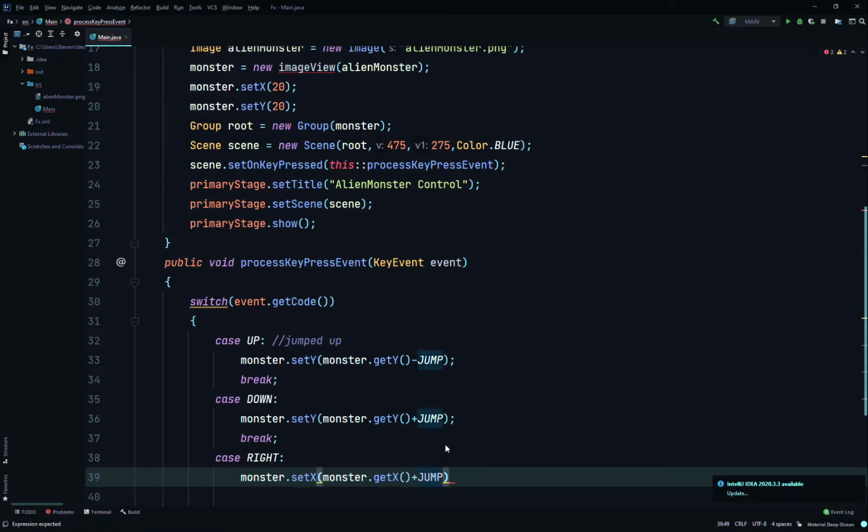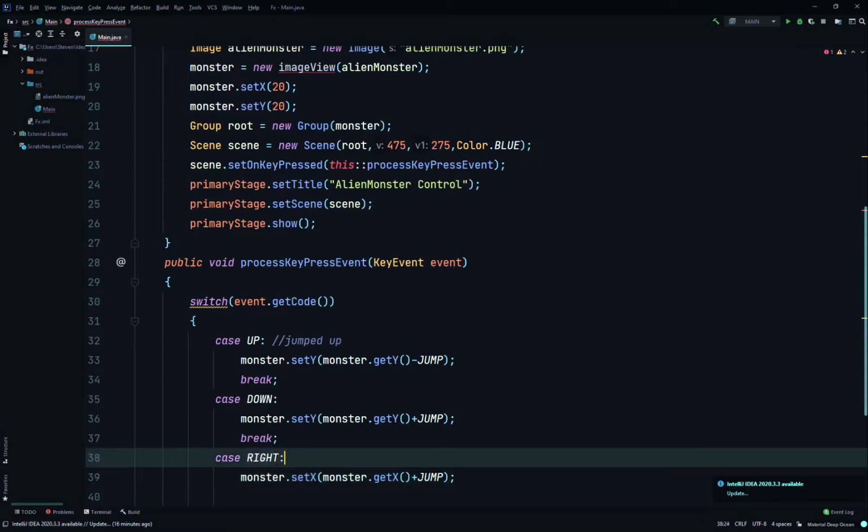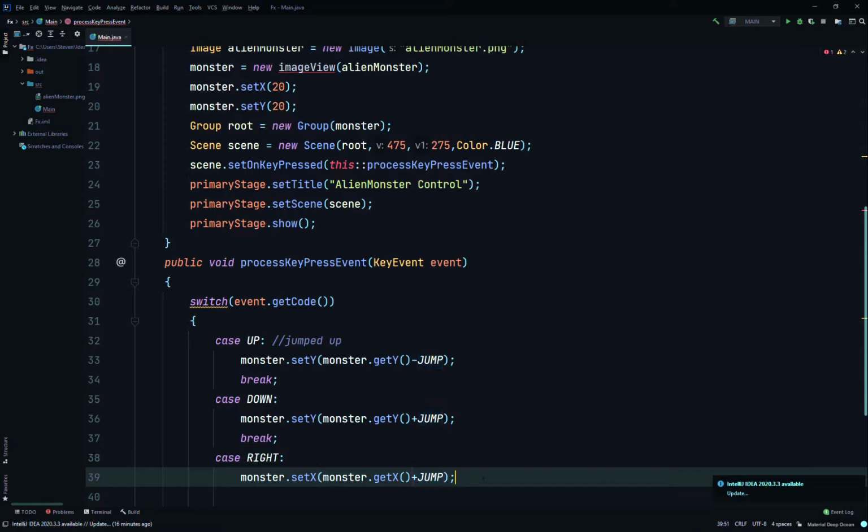Because moving to the right, we get bigger on the x-axis, right? That's standard, the same as normal math. The x-axis and the y-axis, right? X goes horizontal and y goes vertical. The y-axis goes up and down, and the x-axis goes left and right horizontally. So when we jump to the right, we're moving on that coordinate system to the right, plus 10 pixels. So then break,